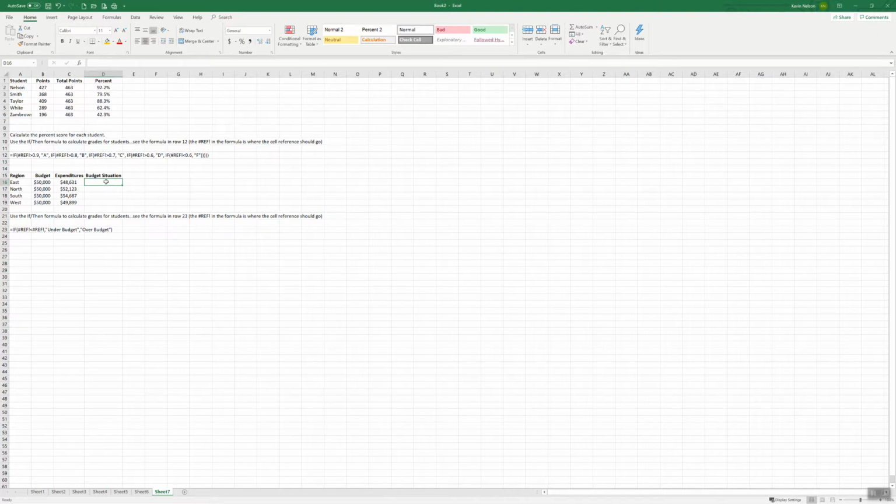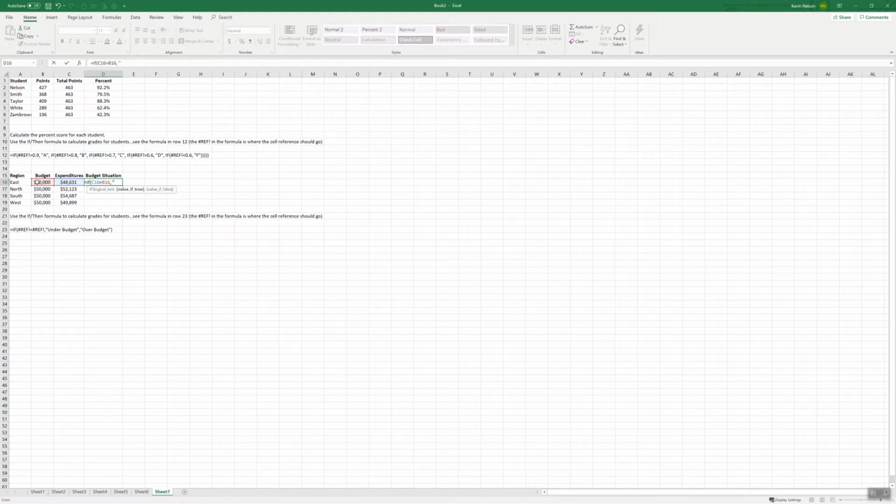Now I'm going to use this formula here and put it in here. If, equals, of course, if, you don't have to capitalize it, it'll do that for me. If my expenditures are greater than my budget, comma,